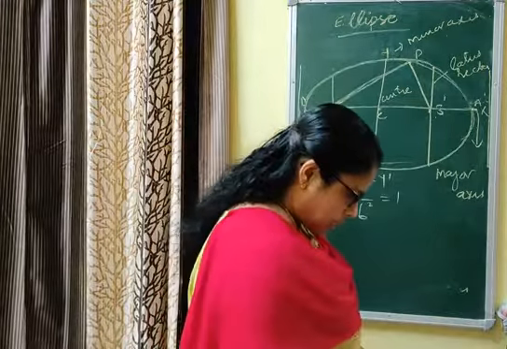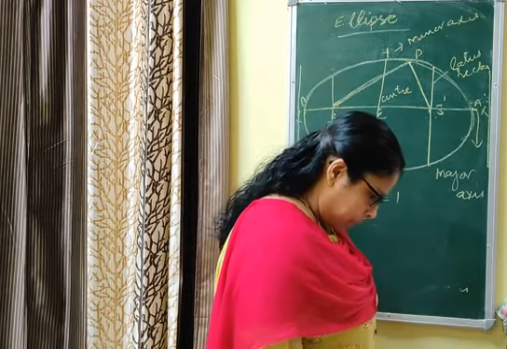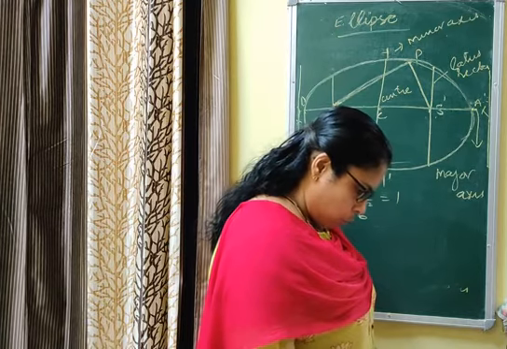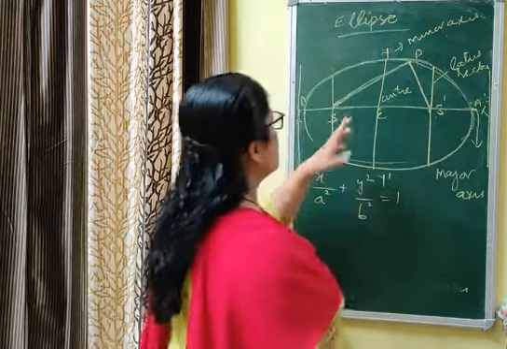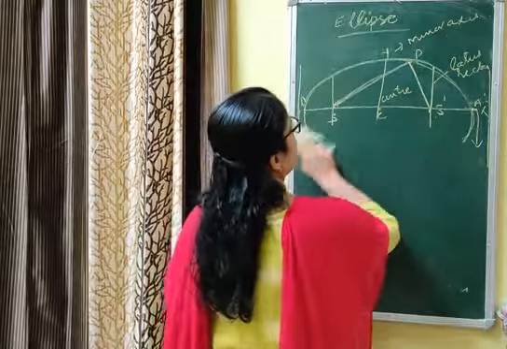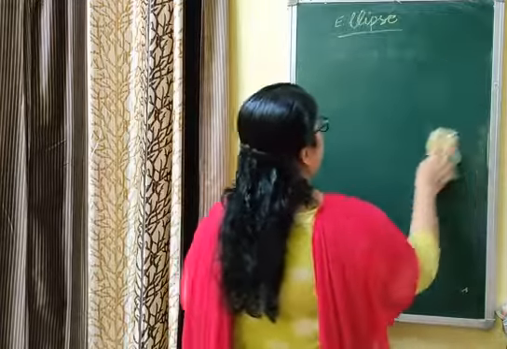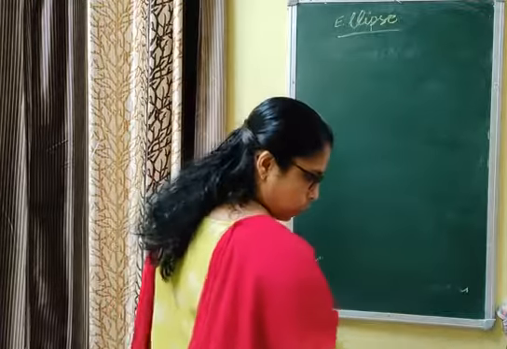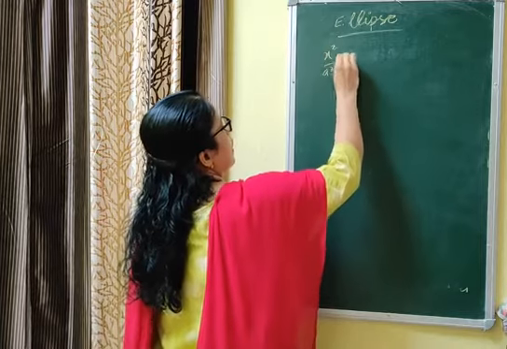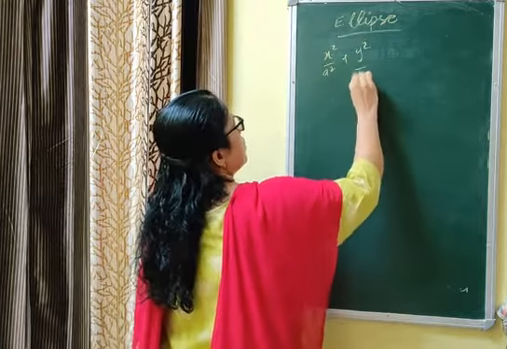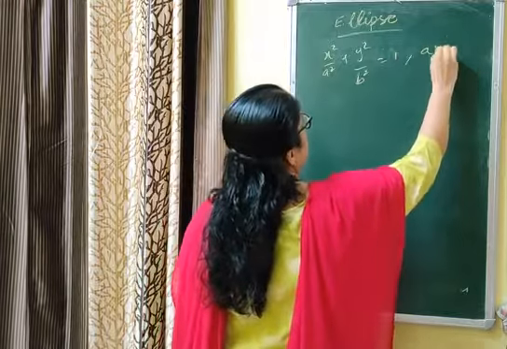Now, first of all, we will study about this one. There are 12 things that you have to learn by heart, and I am giving the formula of all of them. I have told you what parts there are in this type of ellipse. What are their formulas? That is, the ellipse x square by a square plus y square by b square equal to 1, if a is greater than b.